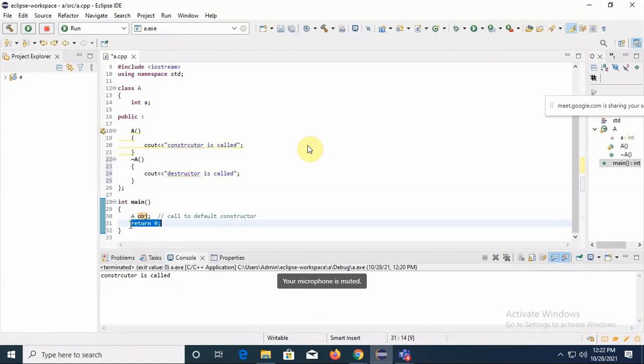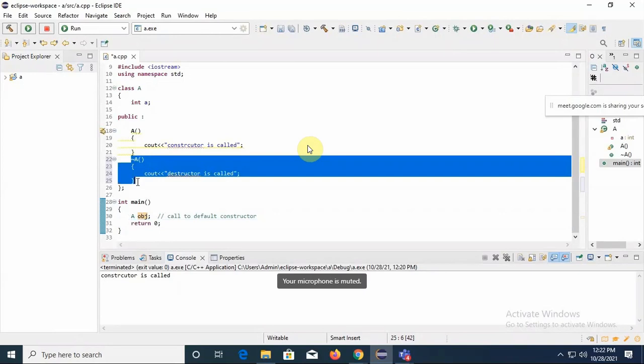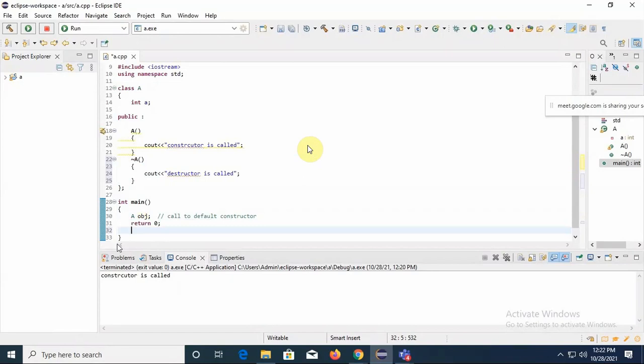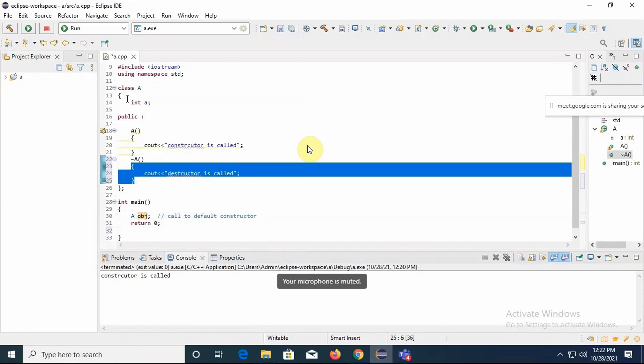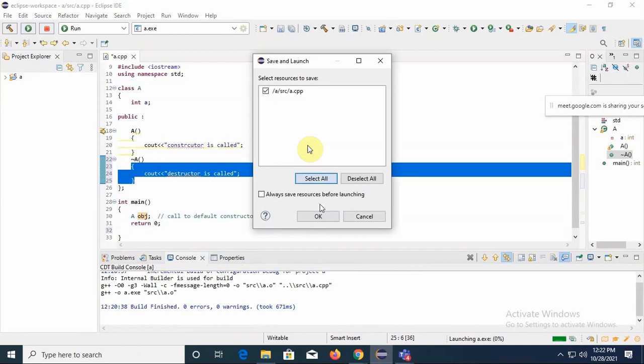It is ended here. Immediately, the compiler will search for the definition of a destructor. So I had written the destructor, and before the control comes out, meaning coming out of the scope of this whole main body, the destructor will get called. Now what will the destructor do? Whatever memory was allocated by this constructor, it will deallocate that memory. Fine. Let's try to execute it. See, firstly the constructor is called, and next the destructor is called.